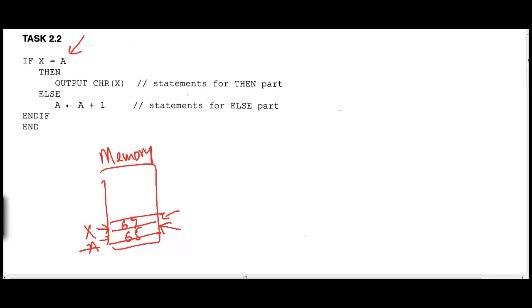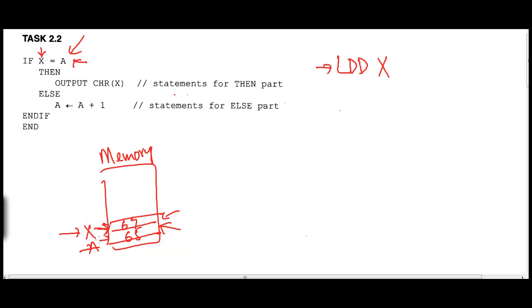What we are going to do is start here, at the starting point. If X equals A. So in assembly language, how do you do this? First, you will have to load the value of X into the accumulator. And X, remember, is a label. So we can do LDD X. This instruction, which is used for direct addressing, is going to load the value of X into the accumulator.